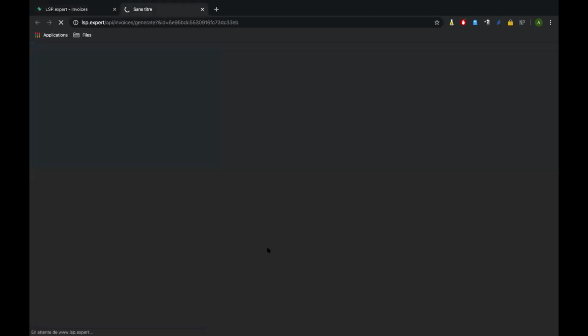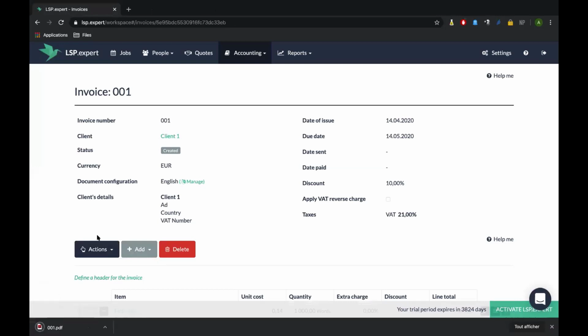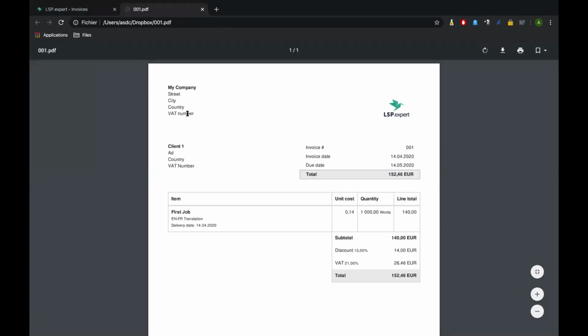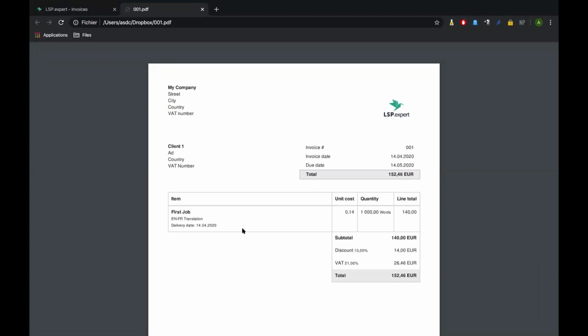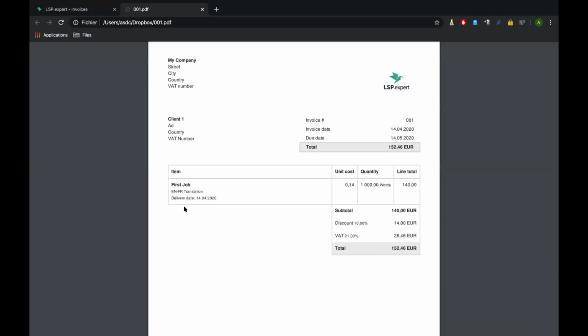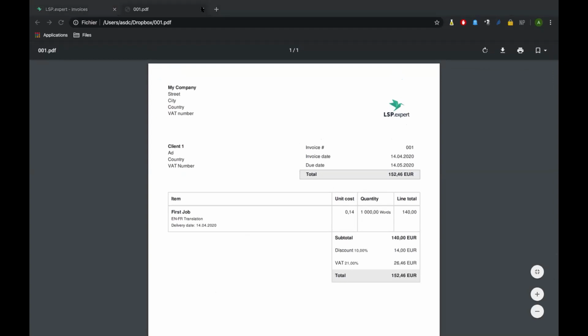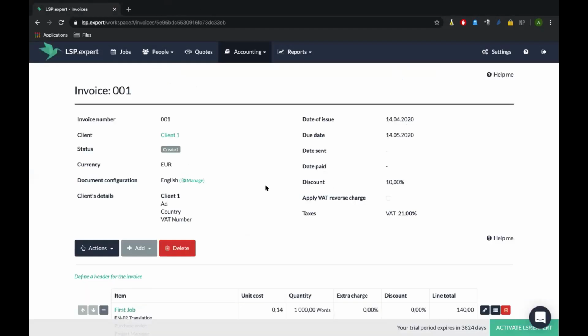So again, just so that you can see what it looks like, an invoice looks almost completely like the quote, with your company information, your client's information, the invoice basic information, and all the details you need. I'm going to show you a bit later that you can quote and invoice several jobs at the same time, which is really useful because we've been talking about batching. And if you do that, you will have all the jobs for the client with all the details inside the invoice that you sent.